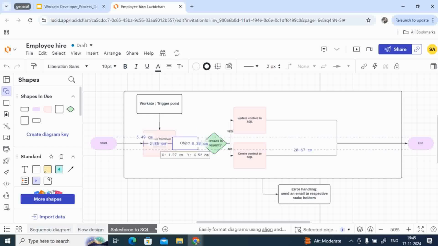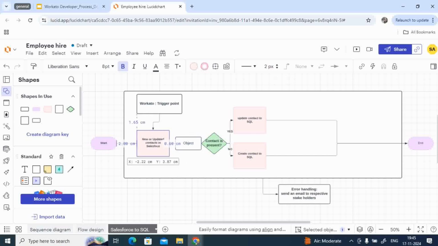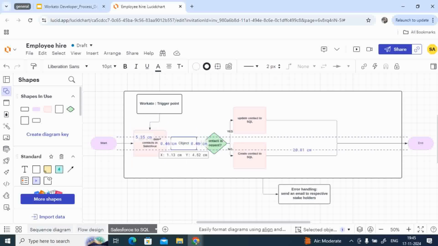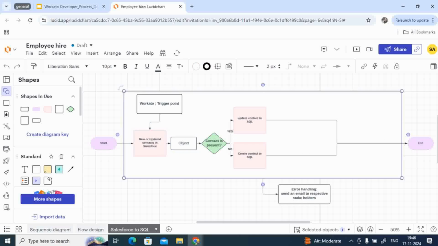We have to decide whether that contact is already present in SQL. We should do a search, or get all contacts is also fine. We have to do a search, right? Search the contact,